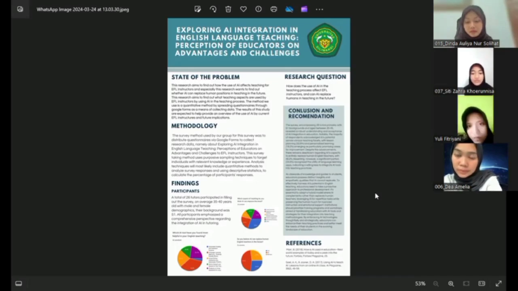As stewards of knowledge and guides to students, educators possess interpersonal insight and empathetic qualities that AI cannot replicate. To effectively harness AI's potential in English teaching, educators need to take a proactive approach to professional development.